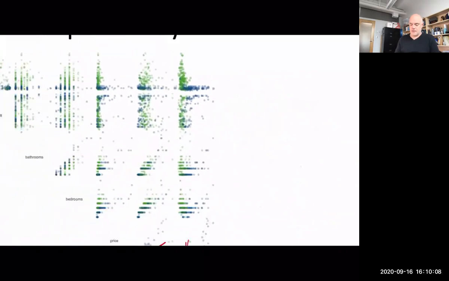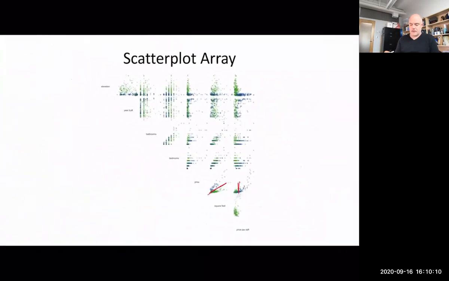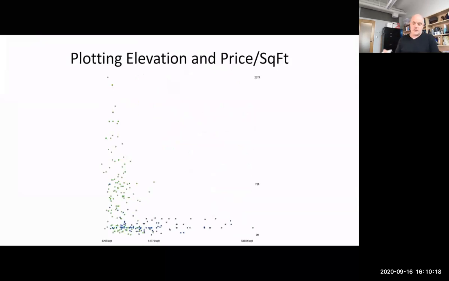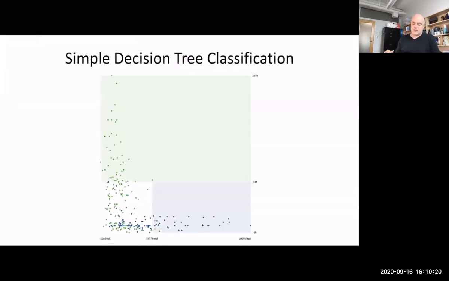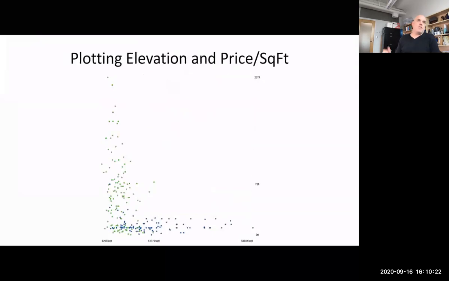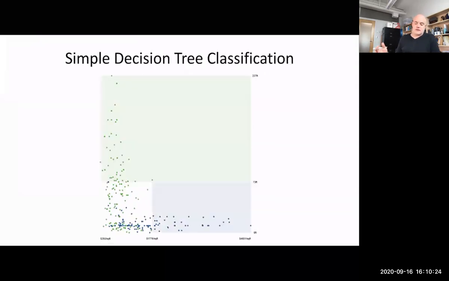But if you go up here to price per square foot and elevation, you can imagine you'd do a pretty good job splitting on that, right? So if we plot the elevation and price per square foot, you could build a better than a single stump decision tree classifier